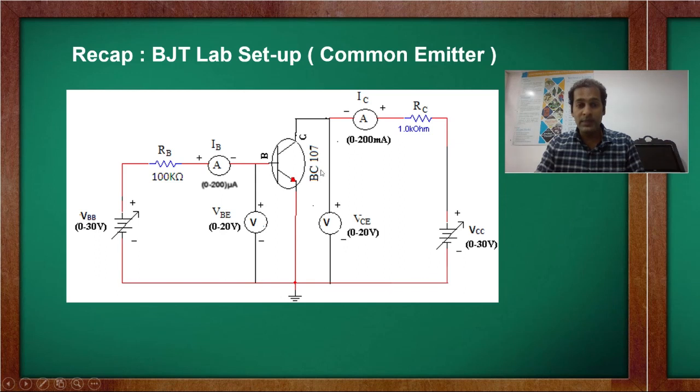Here we can see BC107. This is the number of that particular transistor. Manufacturers develop various ICs and transistors, and they give a particular number to that particular device. Like in diodes, we have seen IN4007. 4007 is the number of that particular diode type. So this term is given by the manufacturer, the company, on the device. It is printed, so we need not bother about it. It is just there so that we should not get confused. That's why we should know what it is.